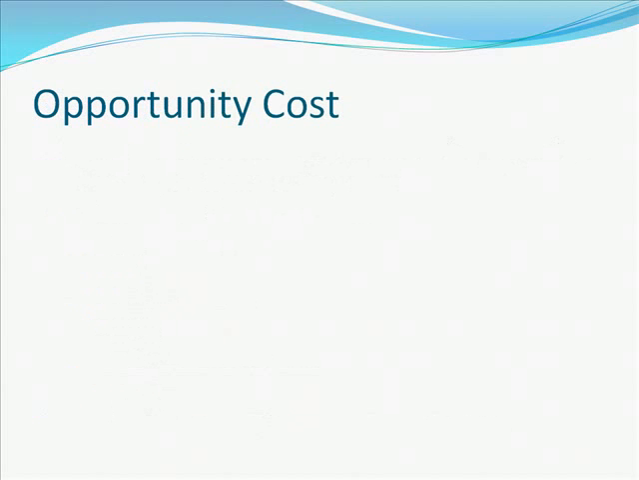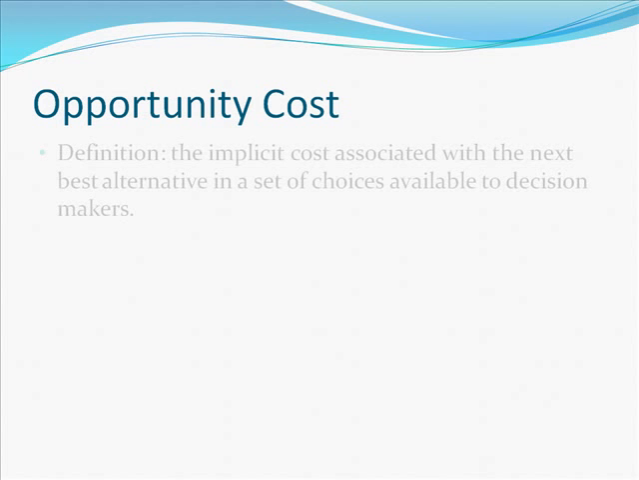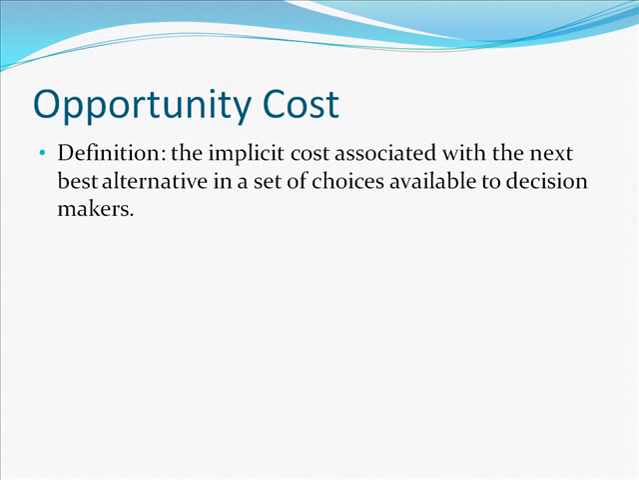So if we're looking at this as traveling from point A to point B to point C, scarcity leads to choice, and choice leads to an opportunity cost. An opportunity cost would be an implicit cost associated with the next best alternative in a set of choices